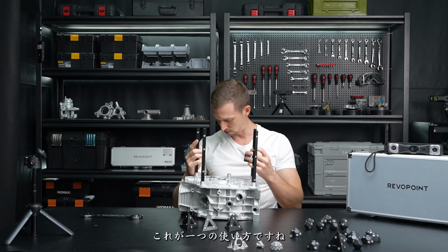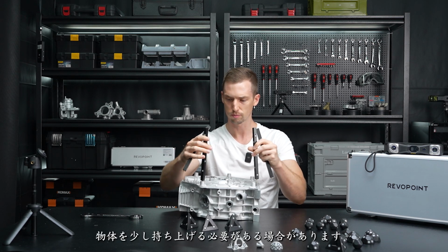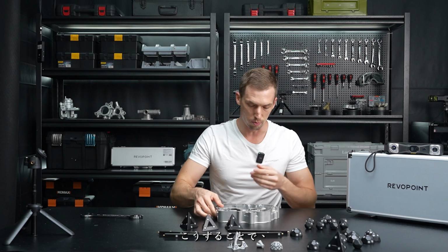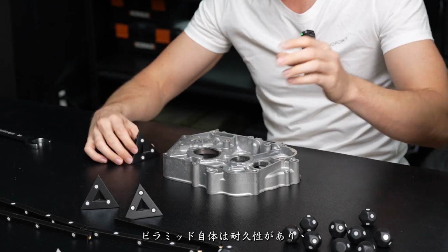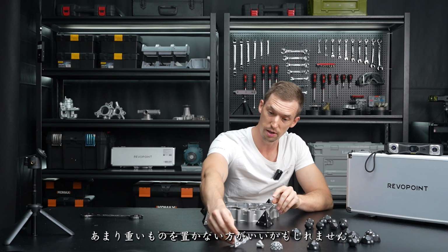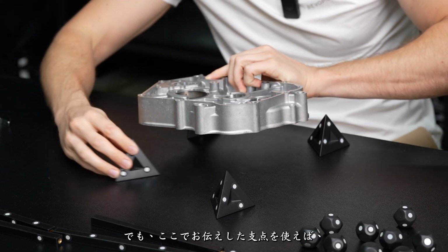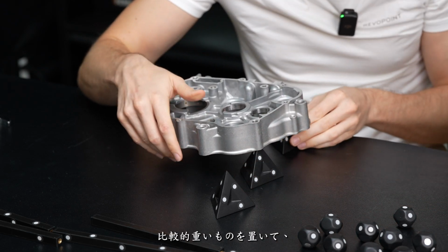Let's take this off, and I'll show you another one, something you could maybe use the pyramids for that would be helpful. Some objects, as you're scanning them, you want to elevate them a little bit, so that when you're running them through the software and editing, it makes it easier to cut the bottom. The pyramids are durable and can handle some heavier things. This one you might not want to put too many heavy things on because it is just cheap plastic. But with what Revopoint's given you here, you could put a relatively heavier piece on these pyramids and balance it nicely,